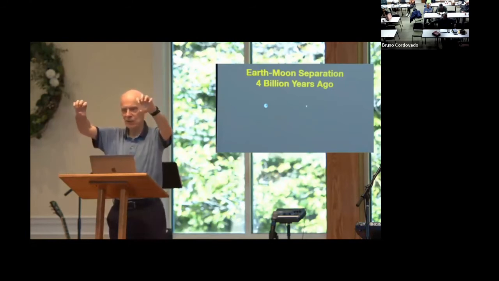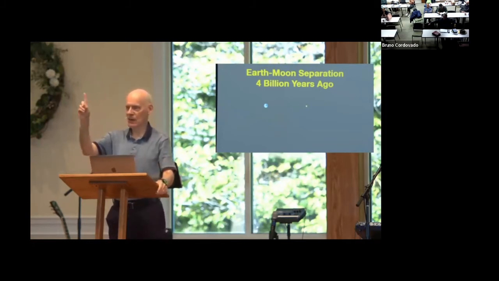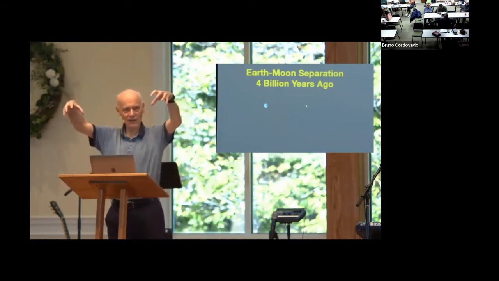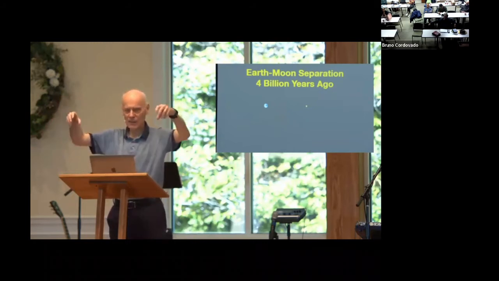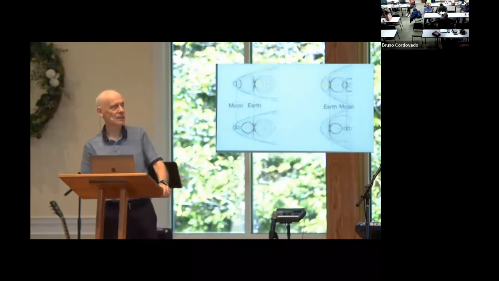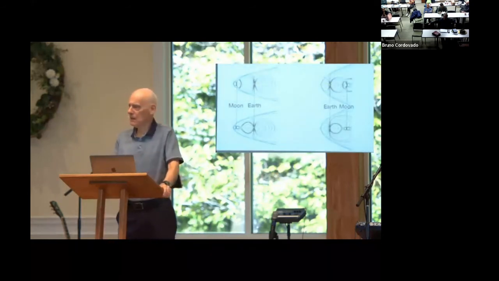And because of how close together the Earth and Moon were, the tidal interaction between the Earth and Moon was sufficient to circulate the liquid iron in both the core of the Moon and the core of the Earth. So both bodies had a magnetosphere, a strong magnetic field that generated a magnetosphere. And because of how close together they were, the magnetosphere coupled. And it was that coupled magnetosphere that prevented the particle radiation from the sun sputtering away all of our water and all of our atmosphere.